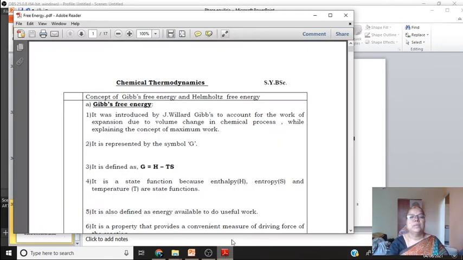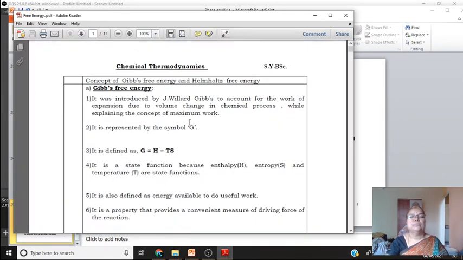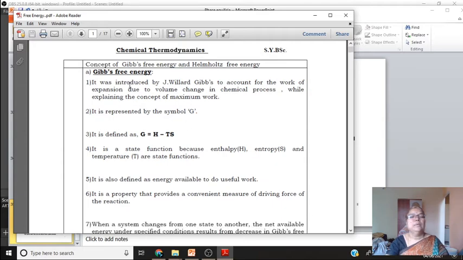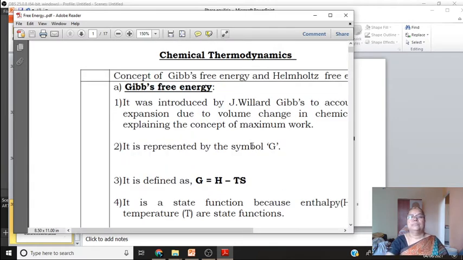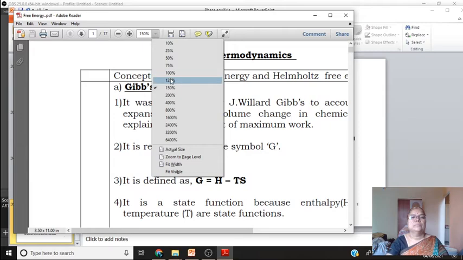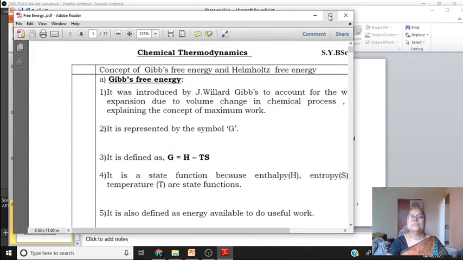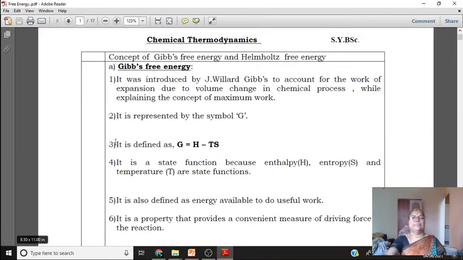Then see here, some points here we can see. Okay,